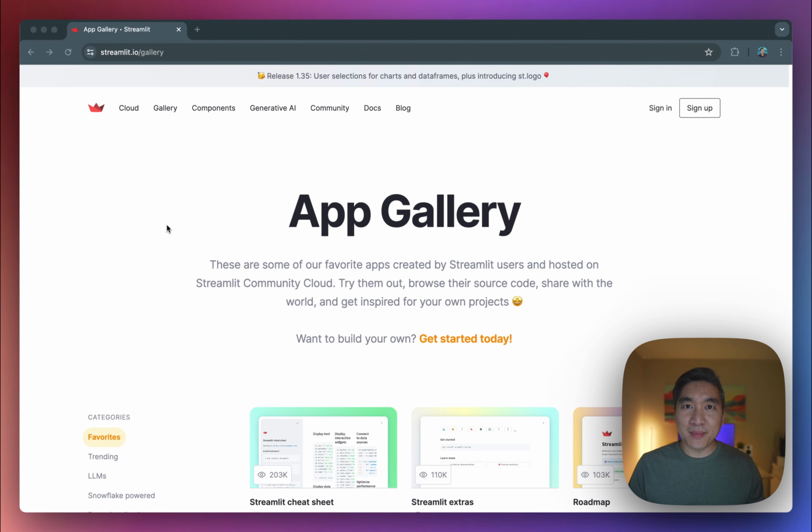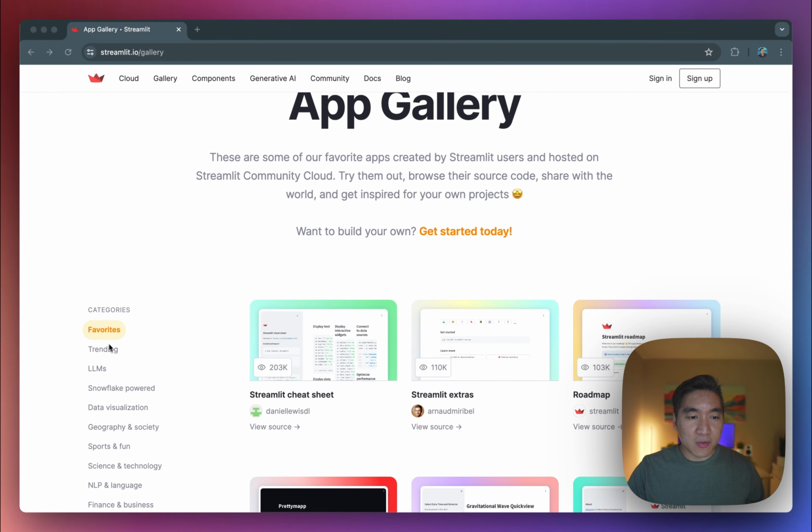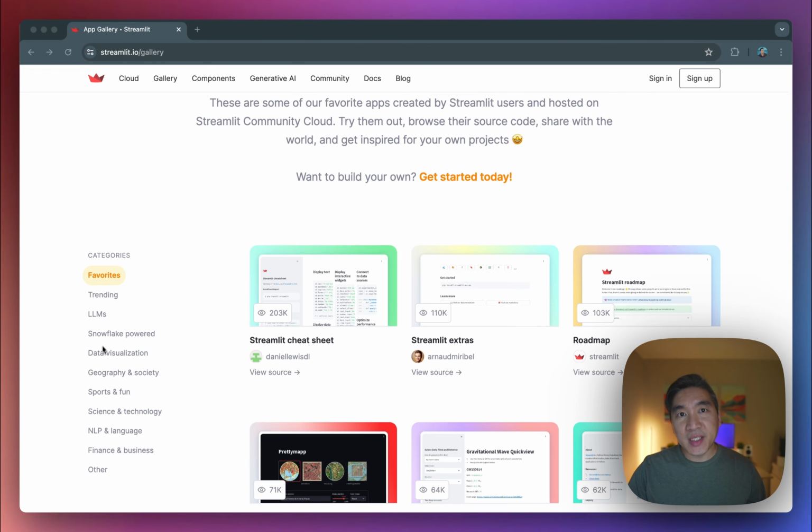If you're stumbling upon writer's block, but then for app writing block, then you might want to find inspiration for the next Streamlit app that you want to create. And so going to the app gallery on the streamlit.io/gallery website will allow you to be inspired from what the community is building. And so here, there's a large collection of applications in the gallery for you to check out. So it is conveniently grouped according to the various categories here.